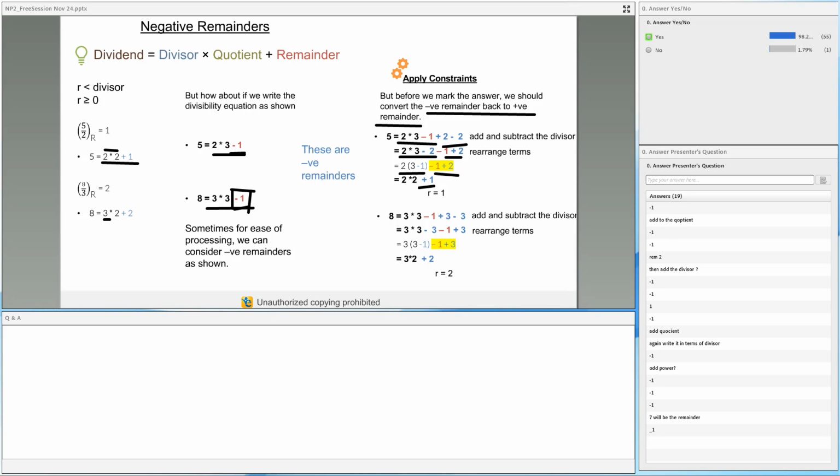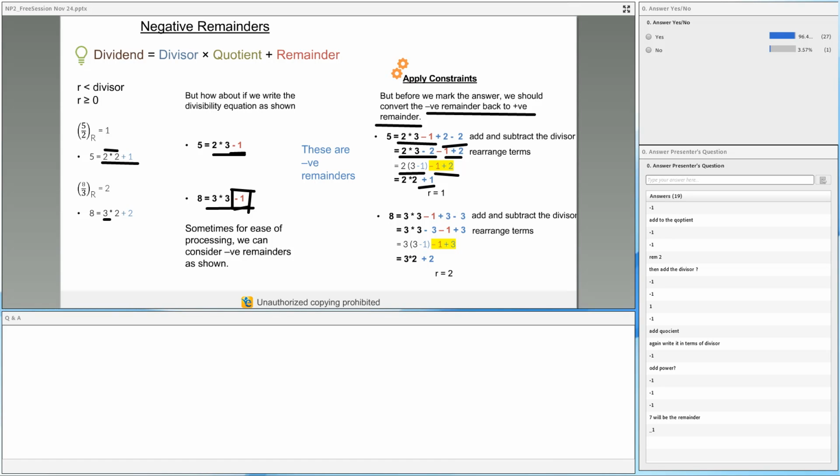Is this clear, everyone? Kindly mark yes if this is clear. The fundamental principle is very simple. Whenever I have an opportunity to write the number as a negative remainder, like minus 1 mostly, and GMAT will not go beyond that, please keep this in mind. It is always good to write it as minus 1, especially when there's a big power involved, and then solve from there.